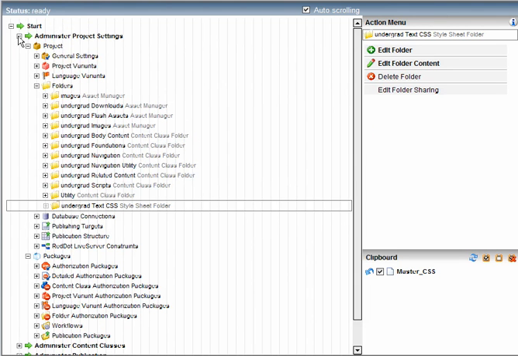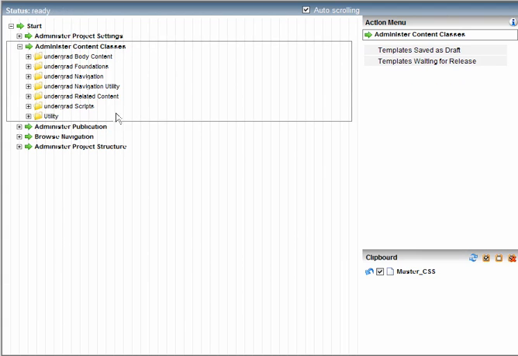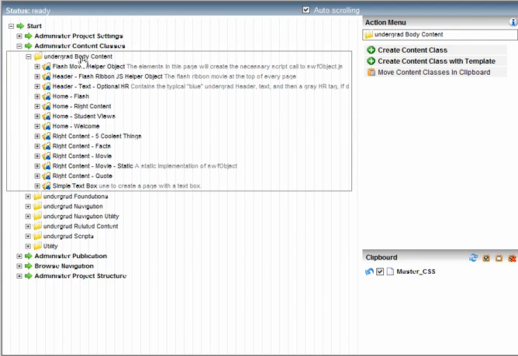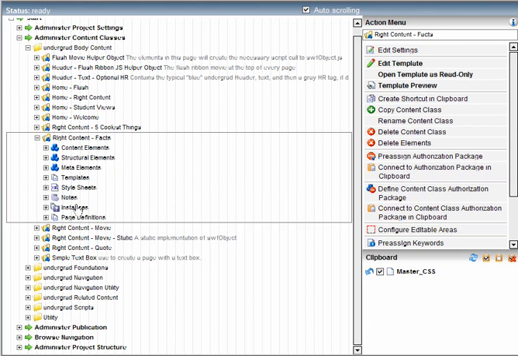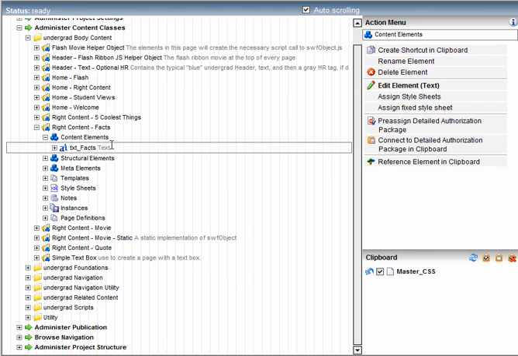Let's close up our project settings so we can have a little more room and open up content classes. I can go into my content class. I'm going to go into here just for the heck of it, see if they have what I need. I've got to go to Content Elements, and the place where you can apply it is on a text box, so txt facts. What I would do is click on Assign Style Sheets,